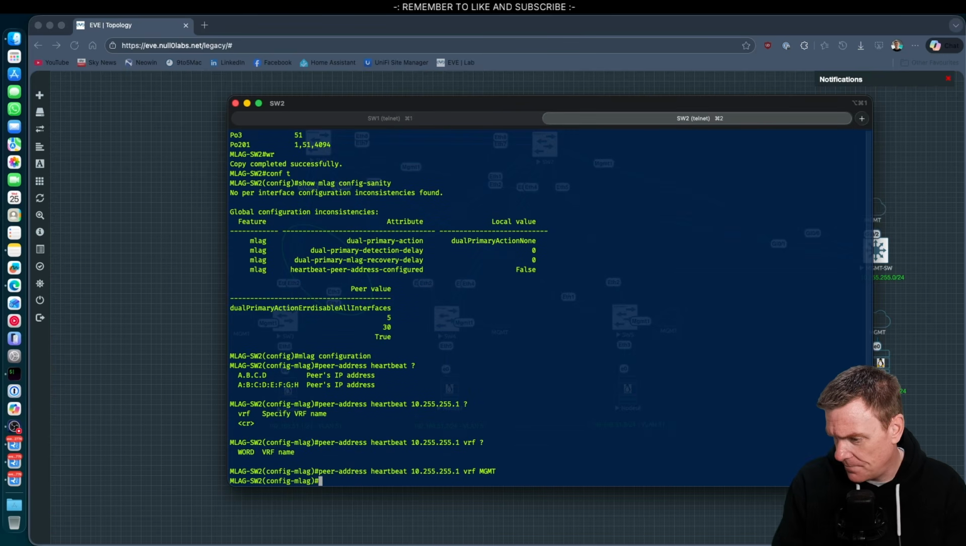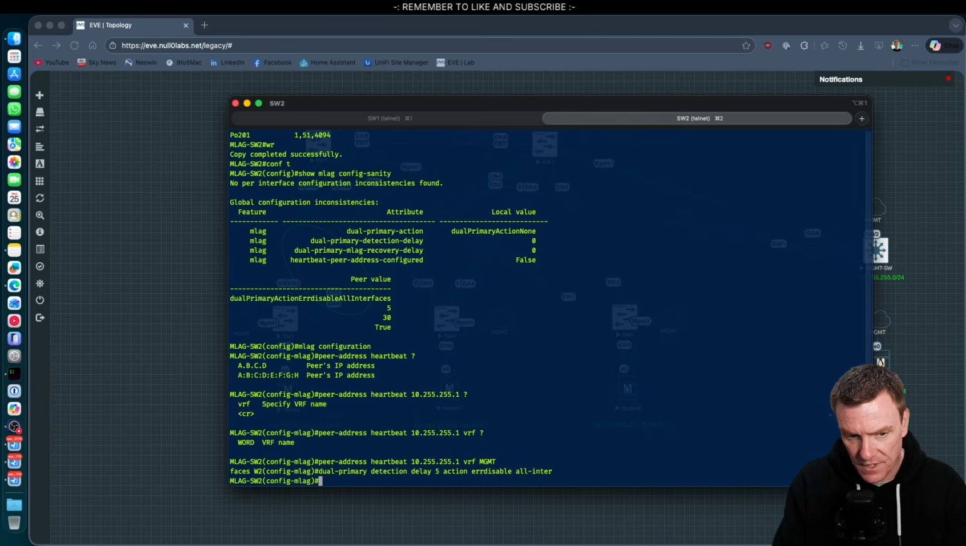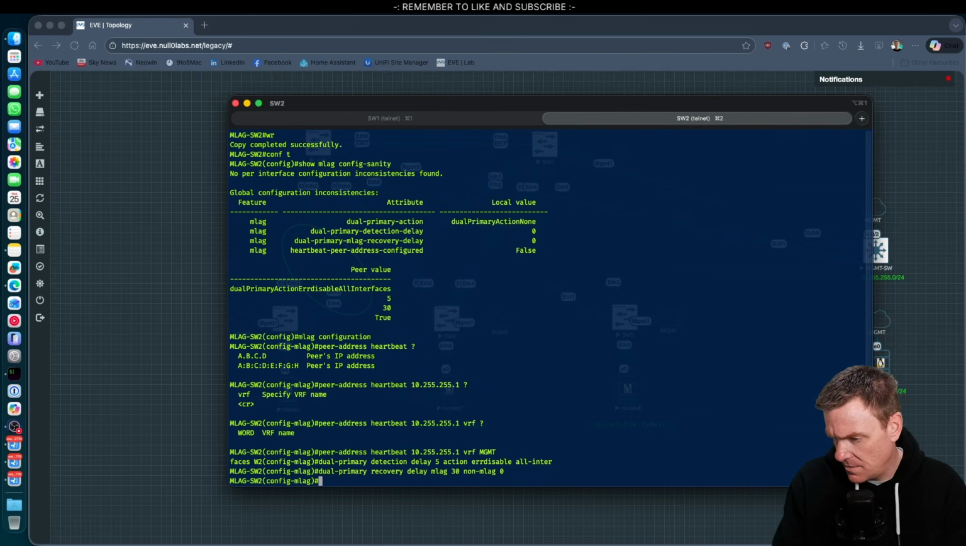So that does that. And then we configure the dual primary options. So detection, delay of 5 seconds. And once you detect it, the action is to error disable all the interfaces on the secondary. When we recover, so the dual primary recovery, the delay for the MLAGs will be 30 seconds, for non-MLAG 0. And that,